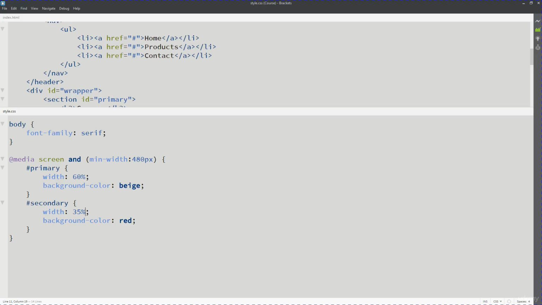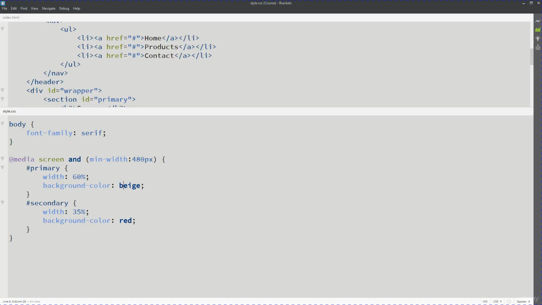So I'm going to set it to 60 and 35, and I'm going to keep the colors for now until we add in some content, and then we really apply more of the look and feel of what we want, because this is just going to help us illustrate where this breakpoint is, and we're going to see the shifting of the widths. So one other thing that I do need to include, and because this is going to be